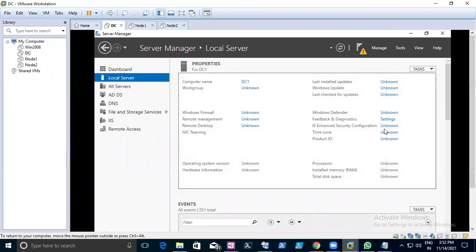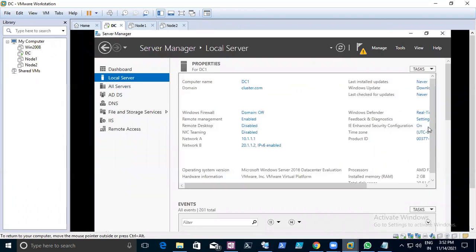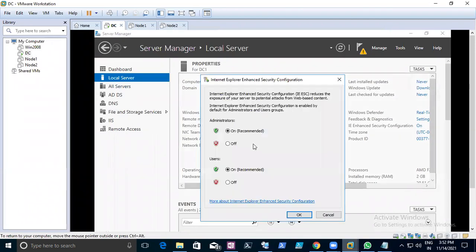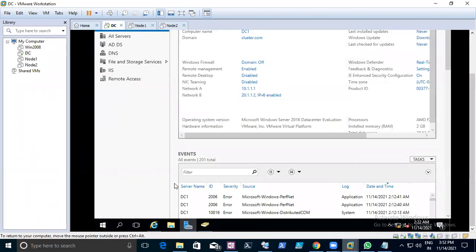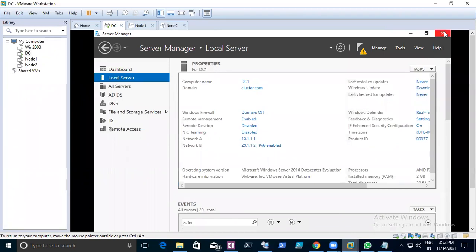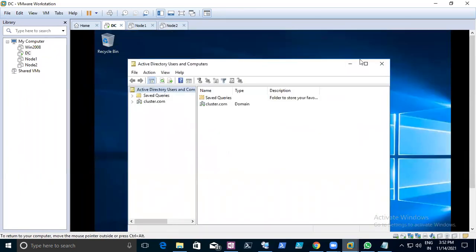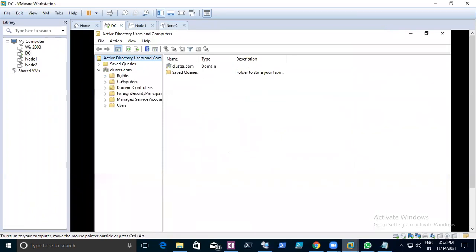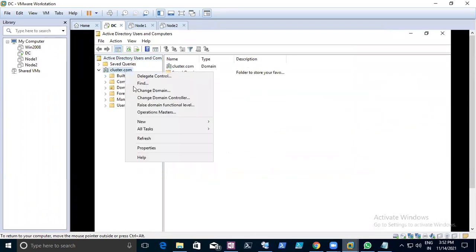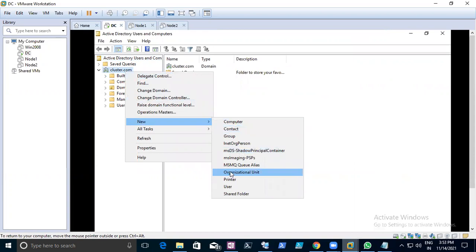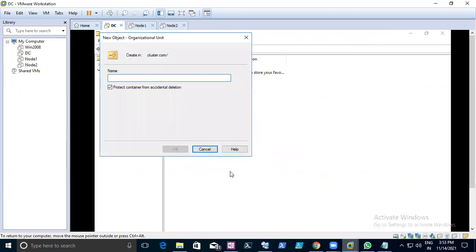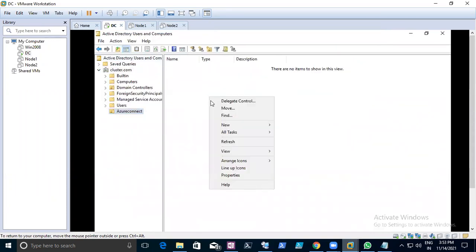We have already created cluster.com, so let it be here. What we can do is create a new organization, Azure Connect. This is just an example.